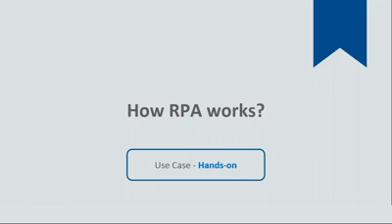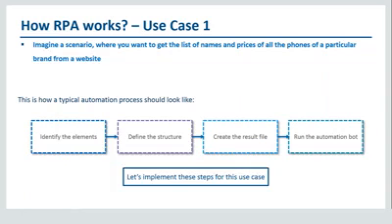All right. So let's see first the problem statement of my use case that I'll be showing you guys. So my use case is that imagine a scenario where you want to get the list of names and prices of a phone of a particular brand from a website. For example, you have Amazon, right? So for example, you want the prices of all the iPhones from Amazon, or you have a website called Flipkart as well. So if you want to know the model and the prices of all the phones that is there on their website, the time to do this would easily be around 1.5 or 2 hours, depending on the brand